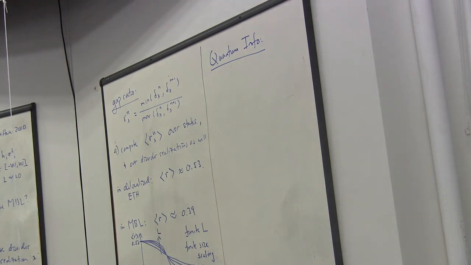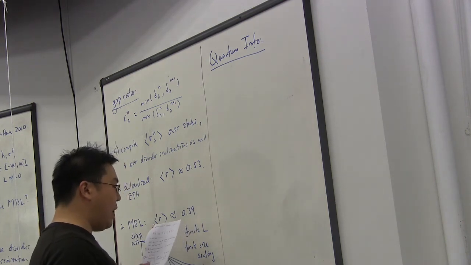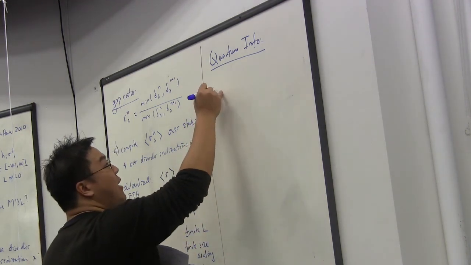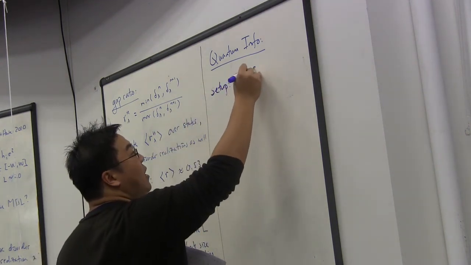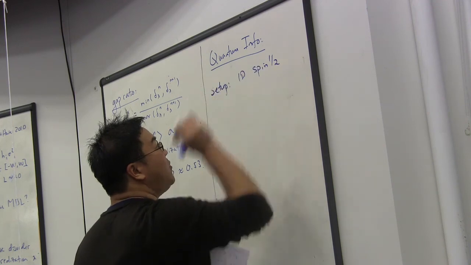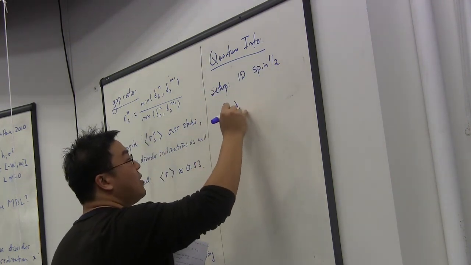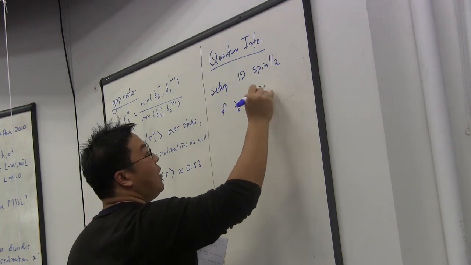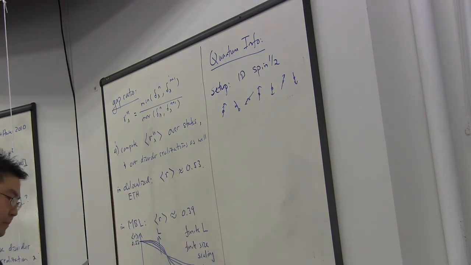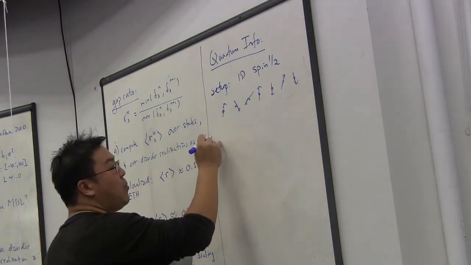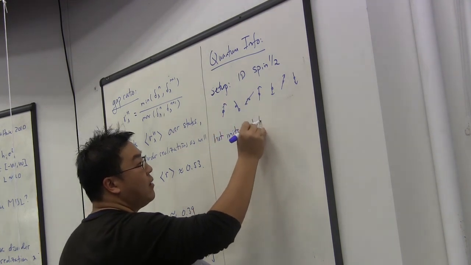But first, I'd like to follow up on something that Dima mentioned, which is a very powerful perspective on how to think about localization in terms of quantum information. What I'd like us to keep in mind is the following setup. Let's imagine that we have physically a one-dimensional chain of spin 1/2 particles, and that the spins are interacting with each other with some generic Hamiltonian. And let's imagine that we prepare a pretty hot initial state.